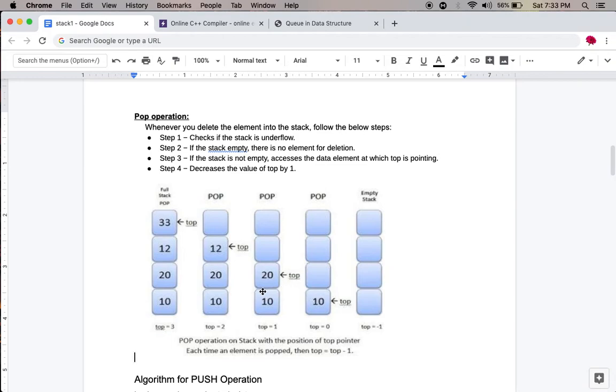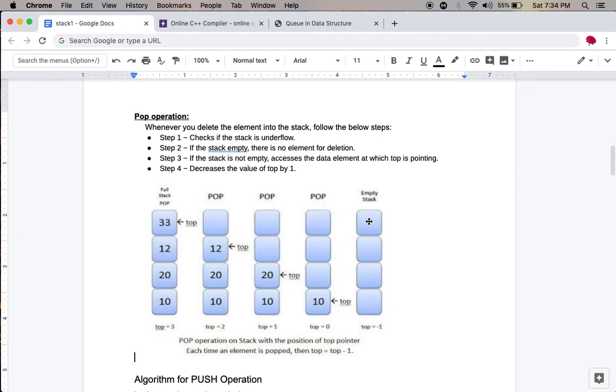Now it points to the first index position. Again when we perform the pop operation, it deletes the element and the top is decremented to 0, and the top points to the 0 index position. Again you perform the pop operation, it deletes the element and the top is decremented by 1, that is 0 minus 1 is equal to minus 1. Therefore the top is set to minus 1 and the stack is empty.